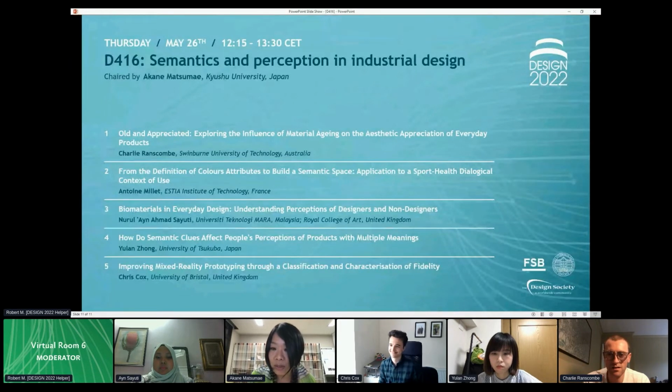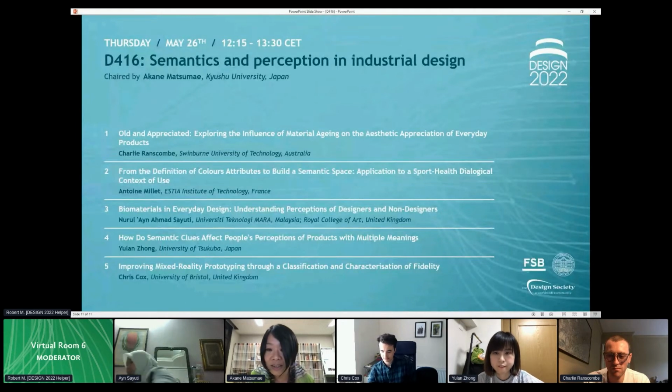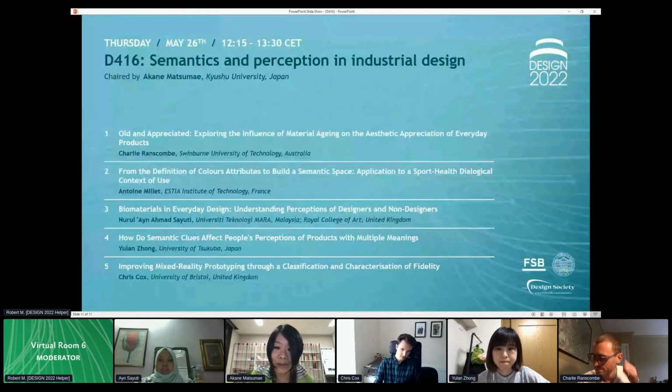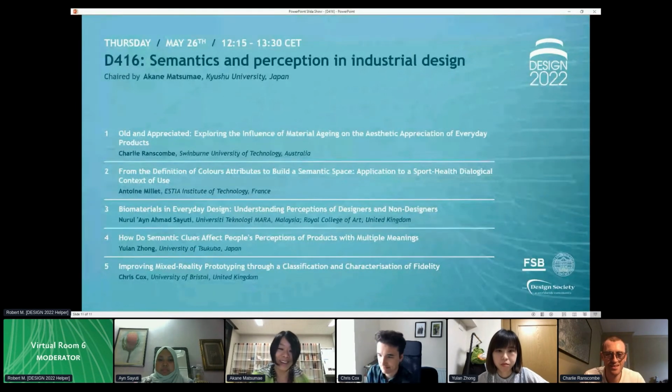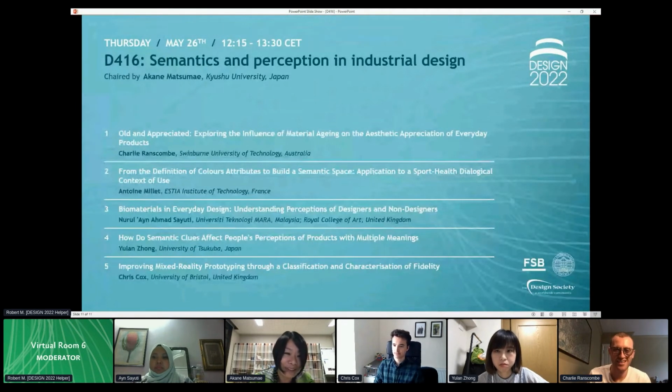His question is: could you elaborate on how age was applied to the renders? Is there a function in the software? Did you validate the renders look their age with some real products? Yes, especially the final one is a similar one.